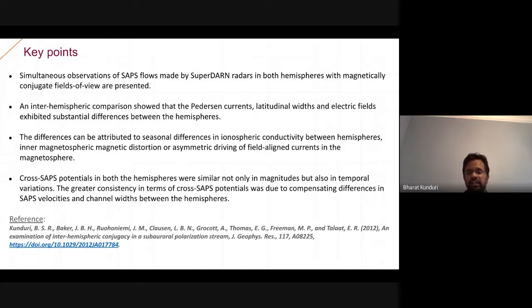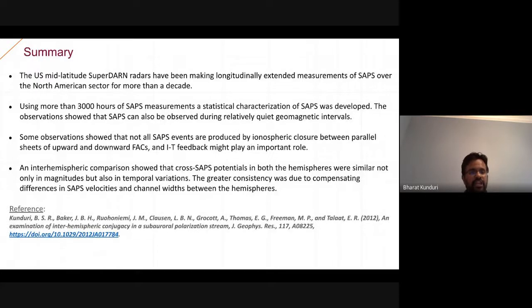But the cross-SAPS potentials were pretty much similar in both the hemispheres, not just in magnitudes, but also in temporal variations. And this greater consistency in cross-SAPS potentials was likely due to the compensating differences between velocities and the channel widths in both the hemispheres. So that concludes all the three chapters of